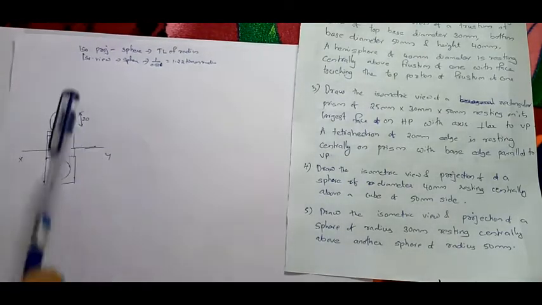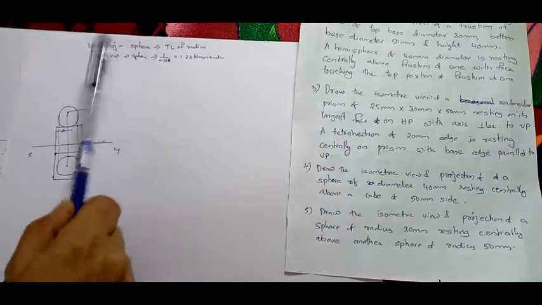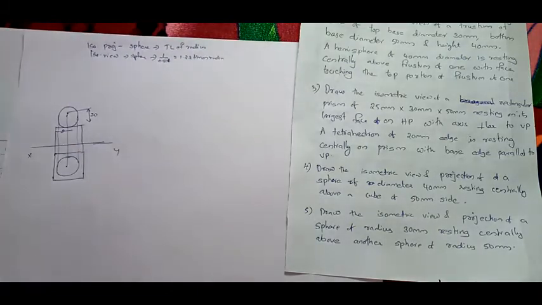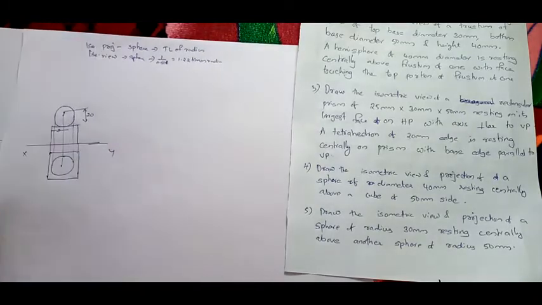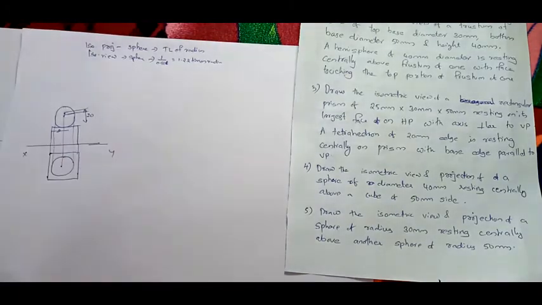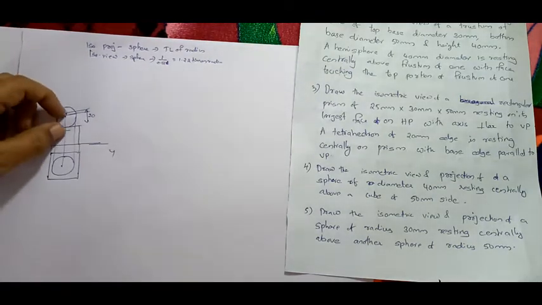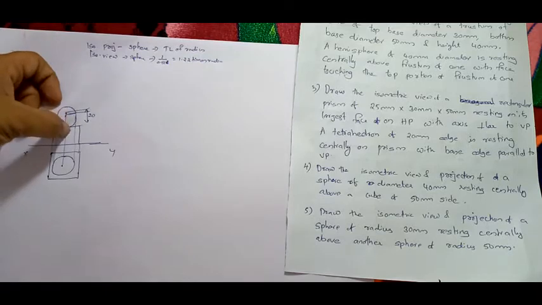So keep in mind that the isometric projection of a sphere is the true length of the radius, and the isometric view means 1.22 times the radius. Now see, for drawing the radius, you have to find the center, right? You have to find the center. So center to center, this length is an isometric line, right?